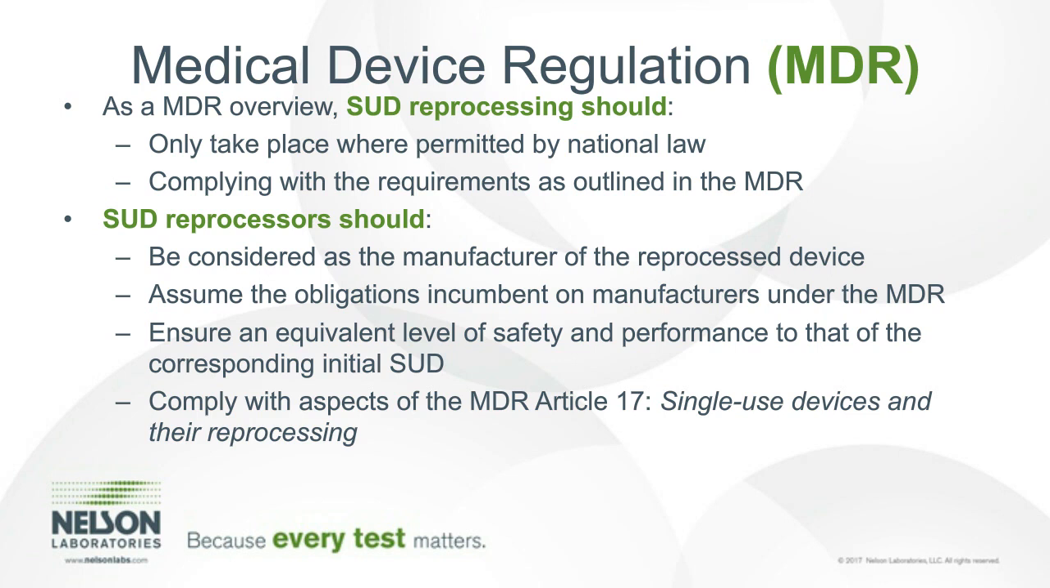The constraints of the regulation, however, do require that the allowance for reprocessing be based on national law and not be overridden by the EU's acceptance of the MDR. Additionally, the regulation requires that the reprocessor, A, be considered as the manufacturer of the reprocessed device, B, assume the obligations incumbent on the manufacturers under the MDR, ensure an equivalent level of safety and performance to that of the corresponding initial single-use device, and lastly, the reprocessor must comply with aspects of the MDR Article 17, single-use devices and their